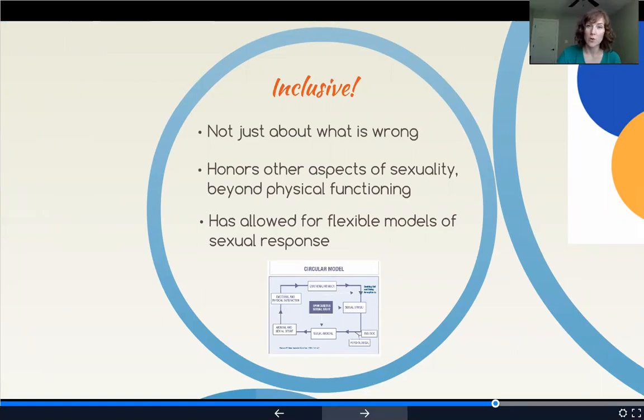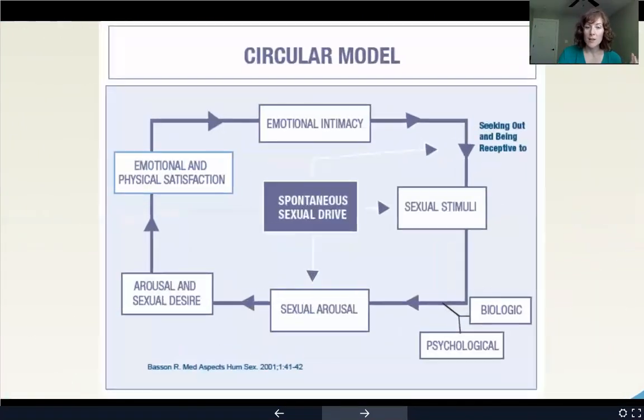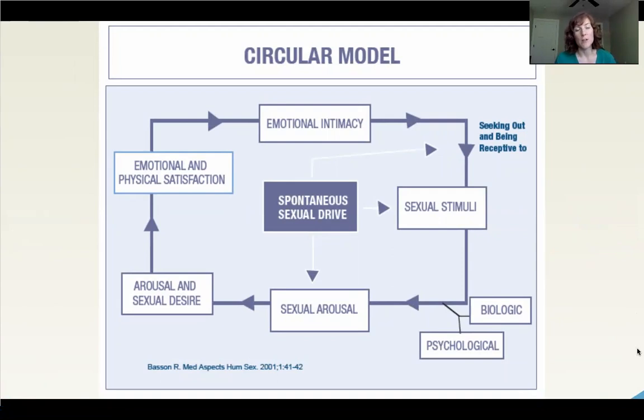But for instance, when we think about the different ways that men and women approach sexuality or sexual situations and their response, this is a great model from Basson and colleagues. And this is more of a circular model where we talk about the female sexual response, which is more about and begins with and ends with kind of emotional intimacy or having a connection with another person versus necessarily that end performance-based outcome.